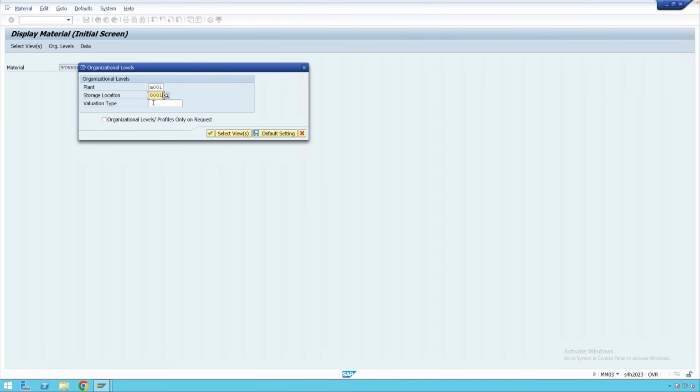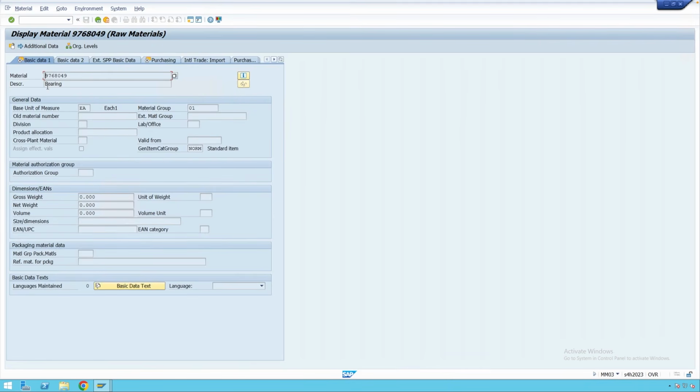Now this is applicable for materials with split valuation. We'll understand this particular topic in our subsequent video when we understand about the split valuation functionality. For this material, we do not have the split valuation functionality, so we'll not enter anything in this valuation type field. We'll simply press enter, and you can see the system will show you all that data which has been maintained